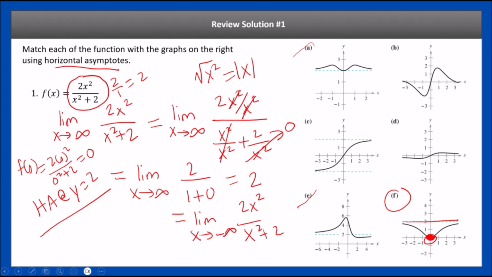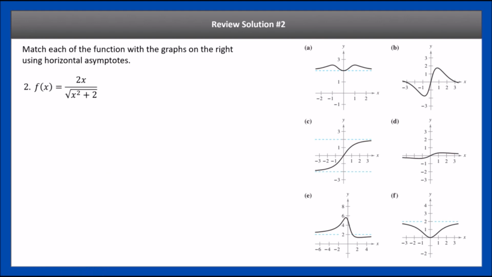Okay, so let's look at another example. This one has the square root of x squared business, right? So that means that we're going to have 2 different limits, from the right and from the left. So we have to be able to establish the 2 different ones. In this case, the highest power of the denominator is square root of x squared, so we're going to divide everything by square root of x squared. So let's do that. We get the limit as x approaches infinity of 2x over square root of x